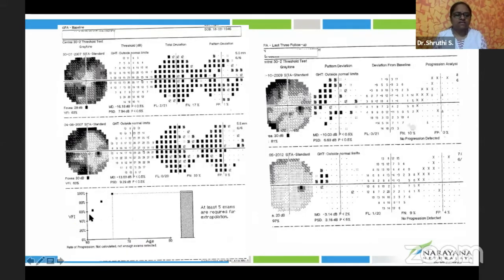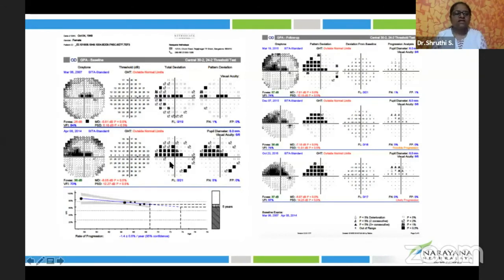So similarly, we have here, if you see, a patient who was followed up from 2007 to 2012. Some patients really need a very long learning time to learn how to do the visual fields. This patient has a very long learning curve. He took about 5 years, from 2007, about 7 years to do a good field. So setting a good baseline is important for assessment of progression. Here we can see the positive slope in the VFI plot. This indicates the long learning curve.